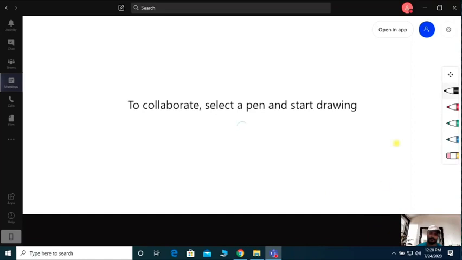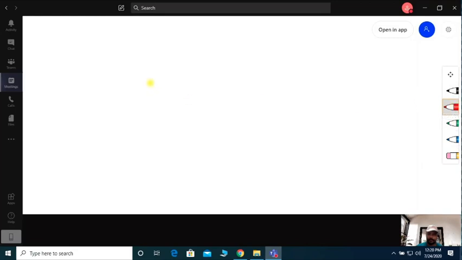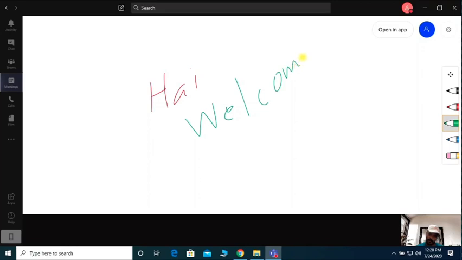You can use different types of pens, and you can use an eraser to erase something. So these are many applications we can use in one window itself. This is the great advantage of Microsoft Teams. This is going to be a good application for educational purposes also.